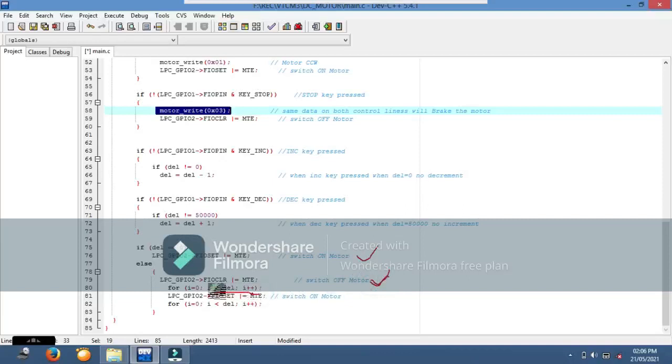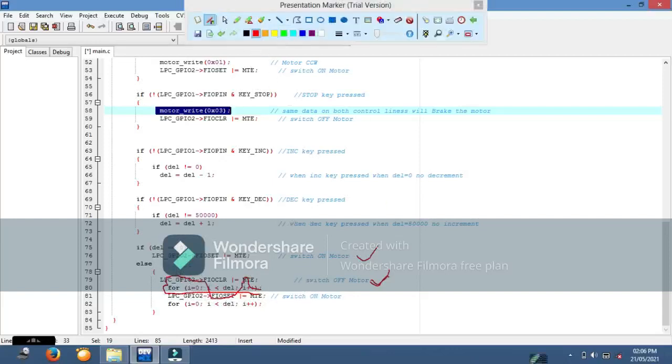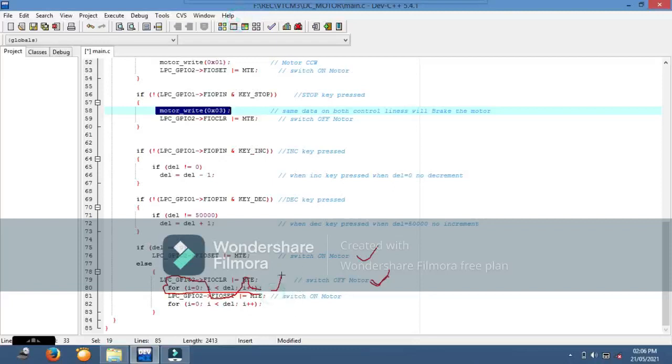After stopping the motor, you keep a for loop delay for del equal to 1. It will execute one time, so for one time it will be stopped. After that the motor is on, and for one time it will be on.